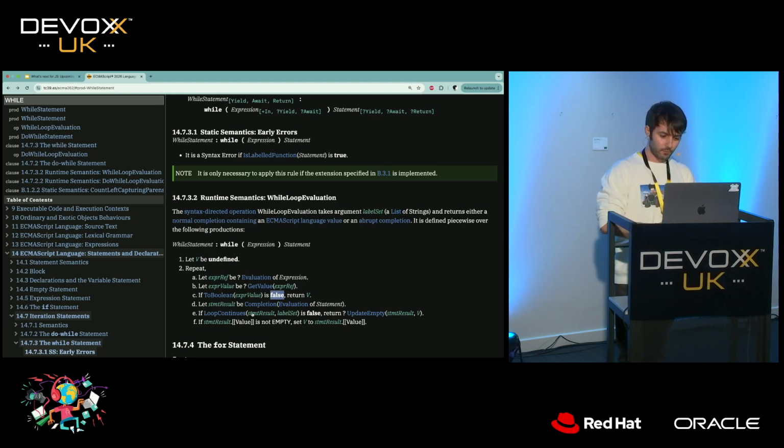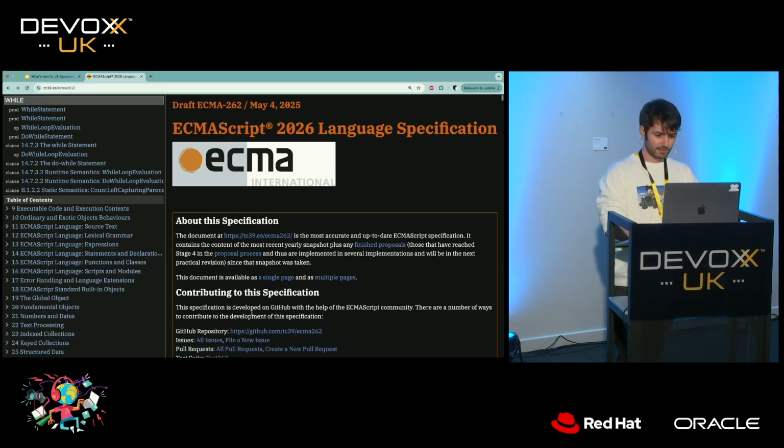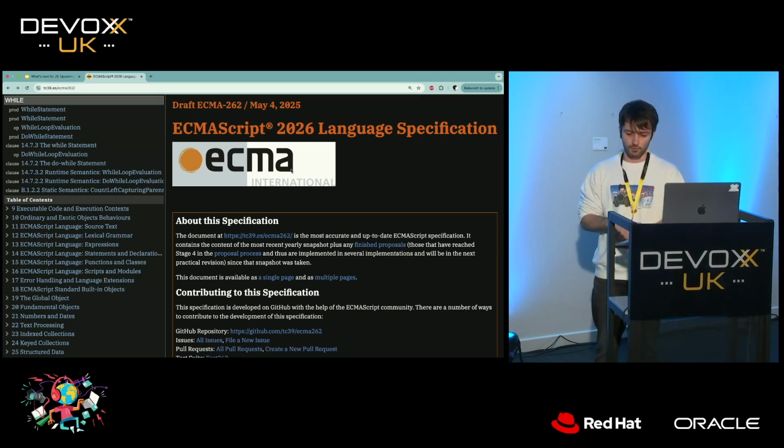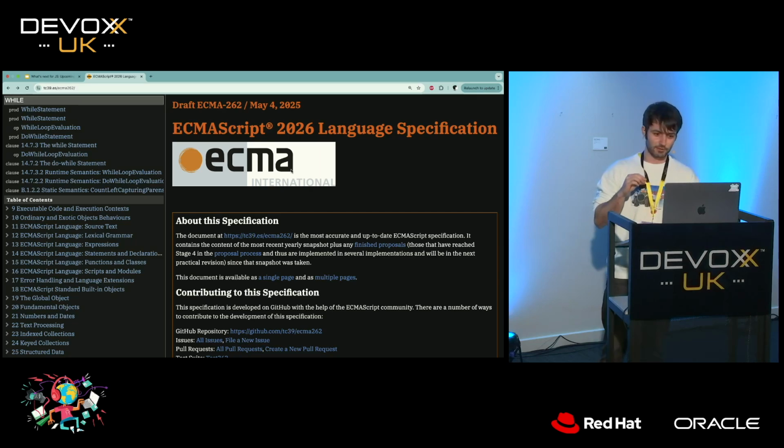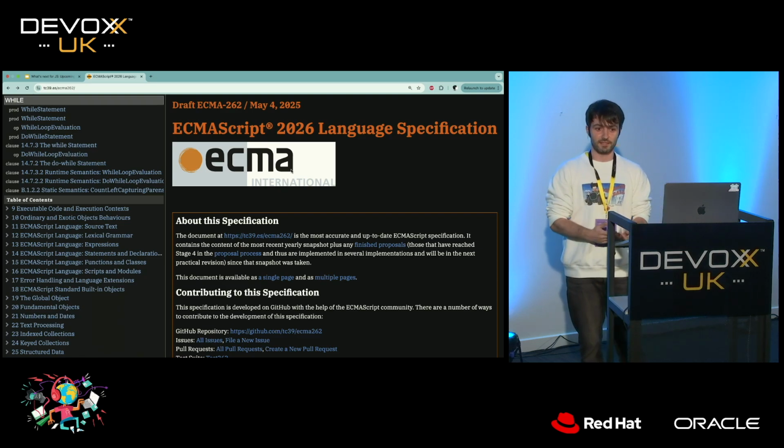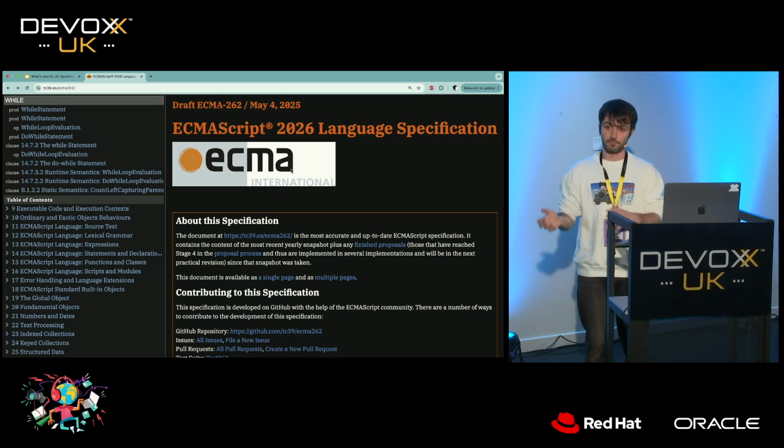So the way it works, ECMAScript is a specification that gets released every year around summer. In fact, that's very good for this talk because the next version is going to be released in June, which means that we are done with the changes that are going to make it to the standardization for 2025. And when the standardization with ECMAScript 2025 is closed, that means that browsers are all good to start implementing